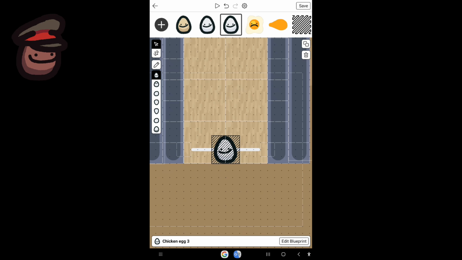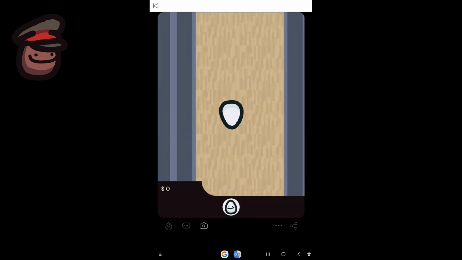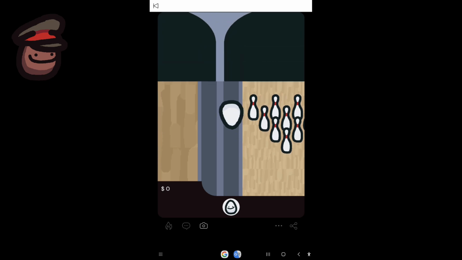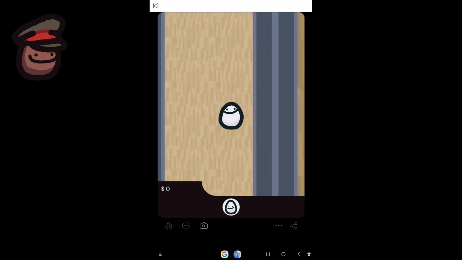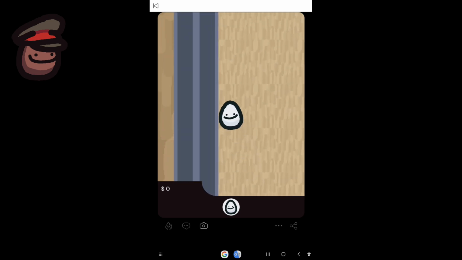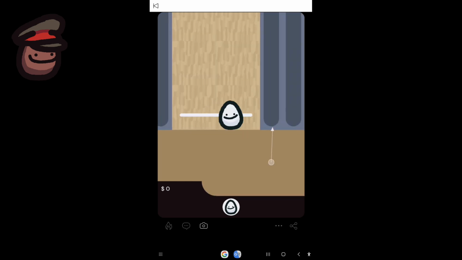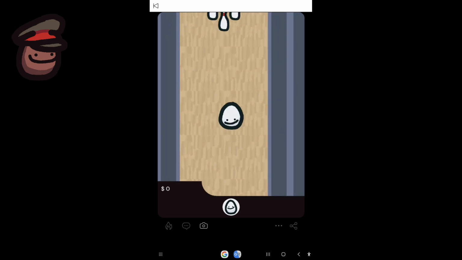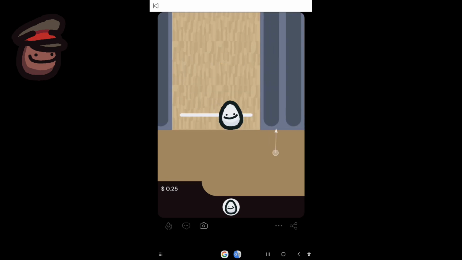Now that it's bigger, I can just change a little bit of the properties of the egg, so I can make it more precise or less precise, or faster or slower, and I can change how likely it is that it's gonna break. So I'm just gonna modify that a little bit, and then I'm gonna be